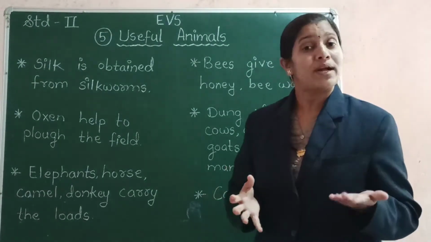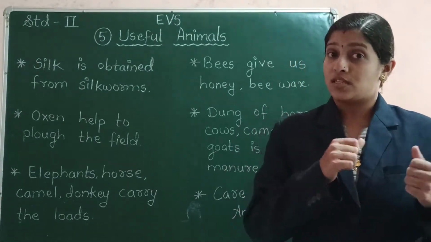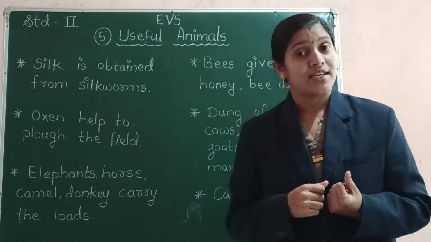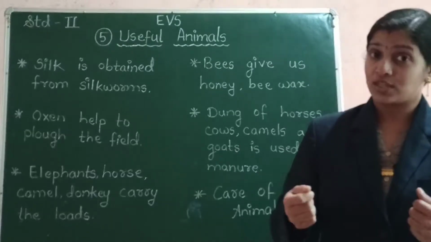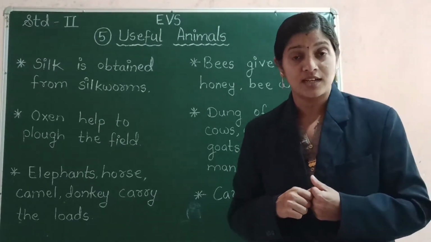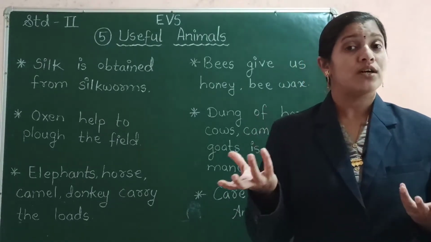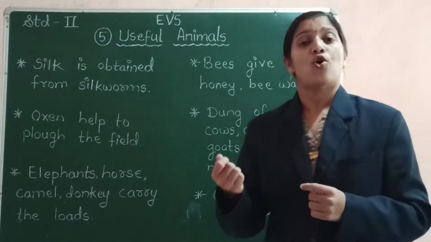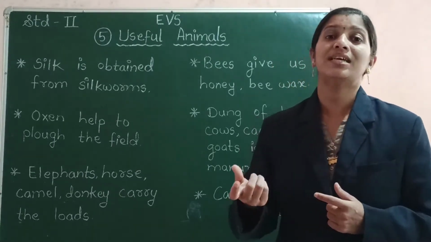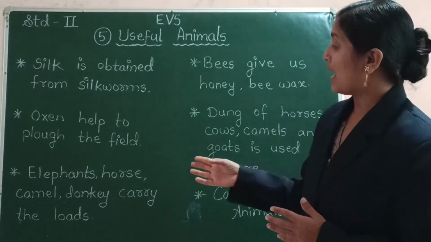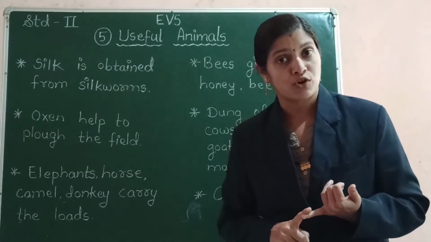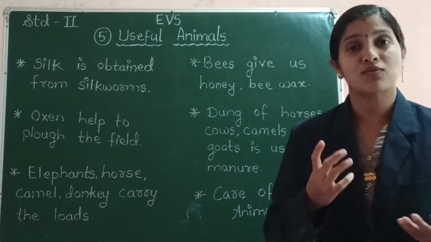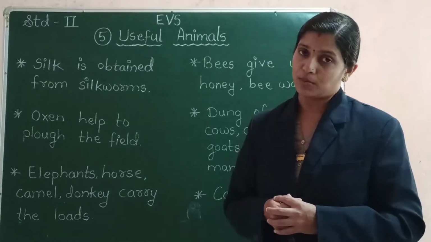Okay, you might have also seen that there is a chariot near the garden. What is a chariot? Chariot means rath, and a horse is tied to that chariot, and if you give the money, they give you a ride, isn't it? So horses are also tied to the chariots. So the animals carry loads for us, and also they carry human beings from one place to the other place.